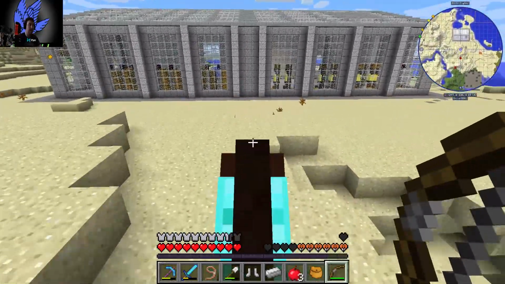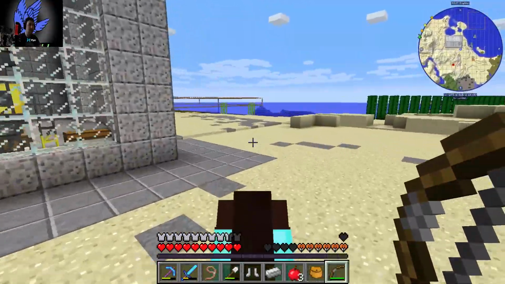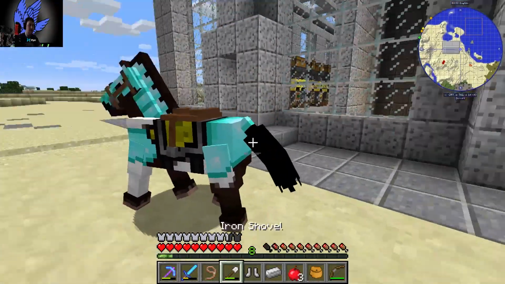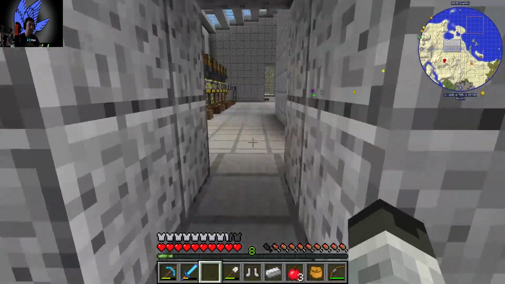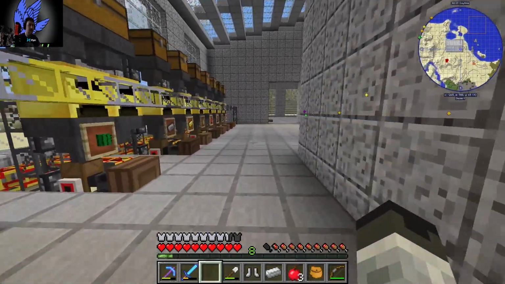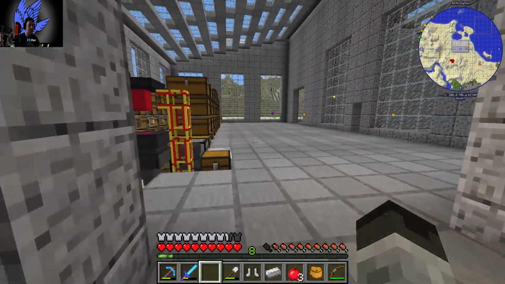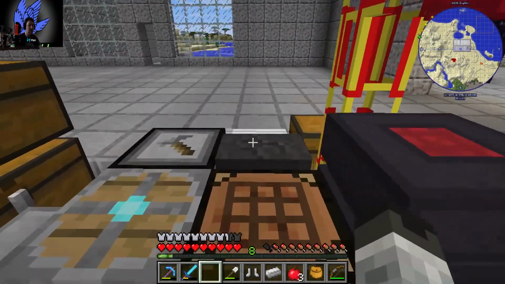Right, that's a bit of a disaster. And our levels have been reset. Okay, so let's put our stuff back. I think it's safe to say that we'll not be doing that again. Let's see, potions as well. We need a potion stand. We can put them...